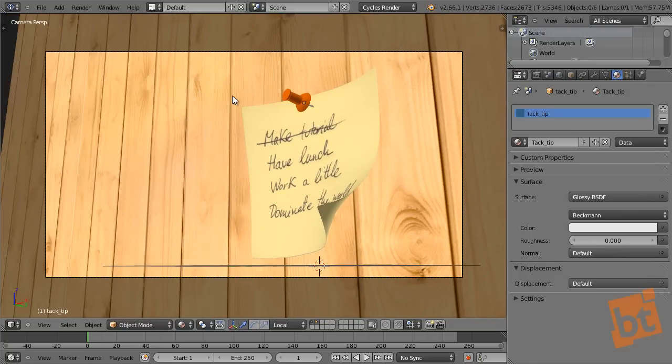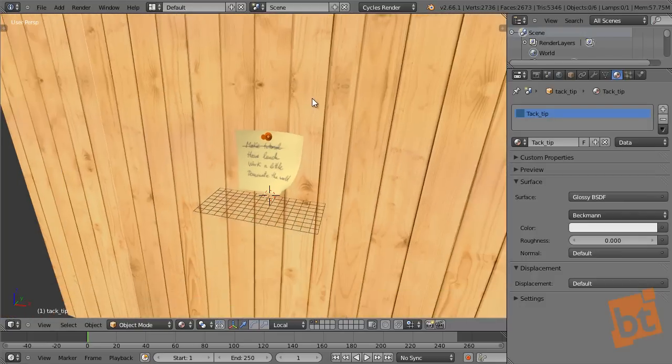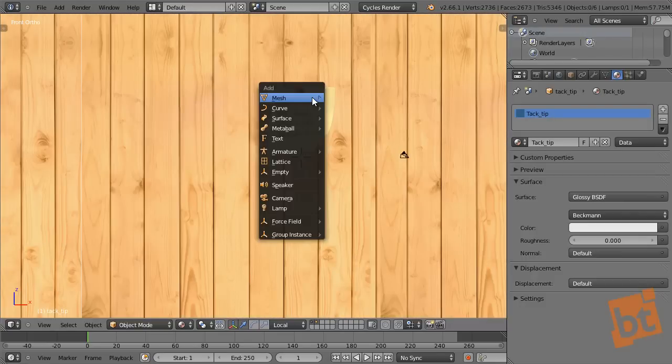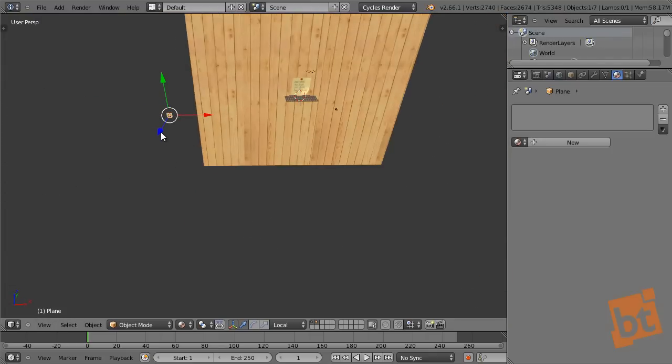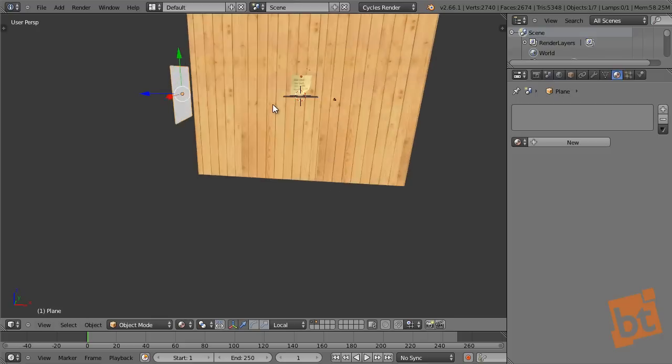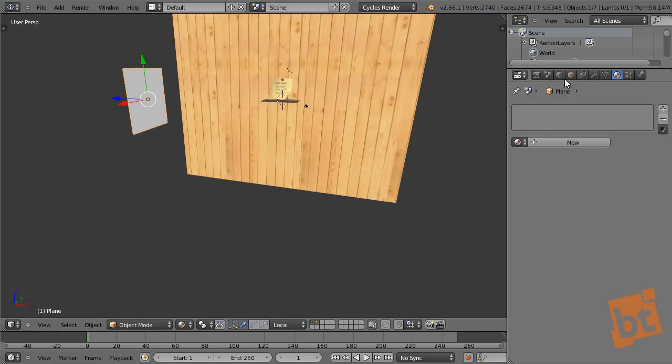So let's save this. And now I want to create another plane. And this will be the main light source in our scene. So let's do something like this. Okay, and there we will have a light. So this will be called